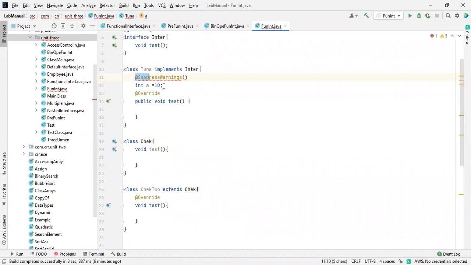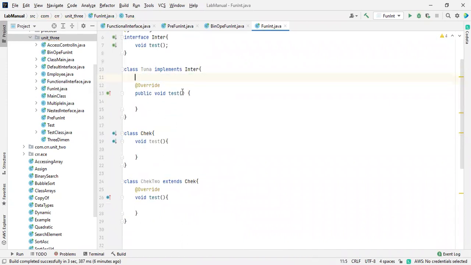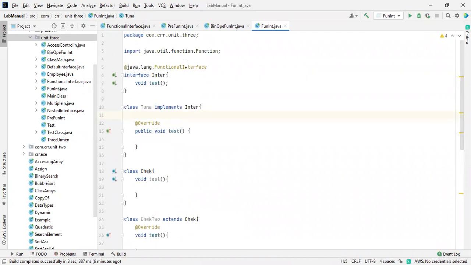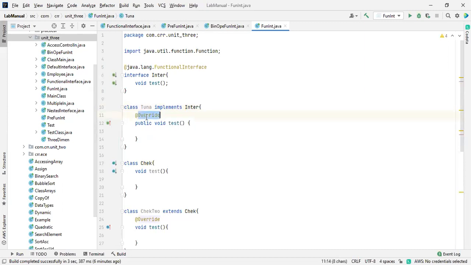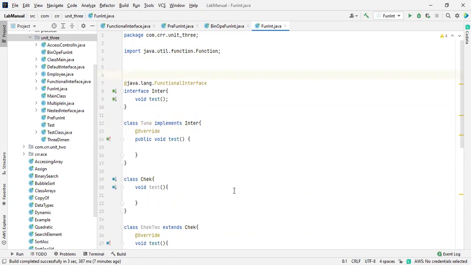Today itself, we discussed two annotations: one is the functional interface annotation and another is the override annotation. Tomorrow we'll discuss suppress warnings and deprecated. At other, I already said about this.